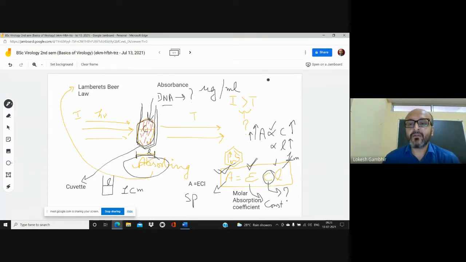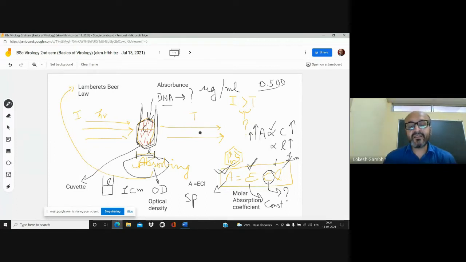Suppose, for example, I got the reading of absorbance. Now see, absorbance, and we also talk about OD. Many people say that we are measuring OD. OD is optical density. So people use both the terms synonymously. Some people use absorbance, some people say optical density. When you're talking about particulate matter, you talk about optical density. It's one and the same thing. You are getting a reading in this scenario. So if you get a reading of, say, 0.5 in the spectrophotometer, then 0.5 OD of this DNA is present.